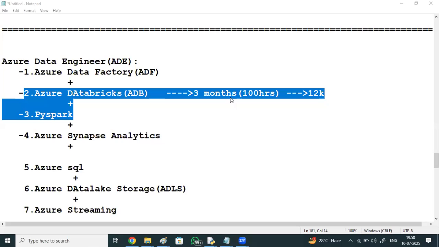Everything from the ground level, from the basics onwards, I'll be discussing. You can get the free subscription step by step, and I'll show how you can practice these things. Even 50% of the tasks I'll be showing in any one of your systems. For the certification, how to do this process, I'll take a couple of sessions on how you can go for it.